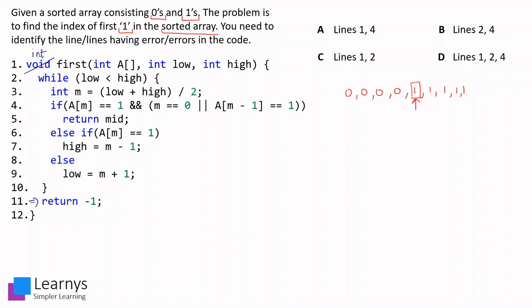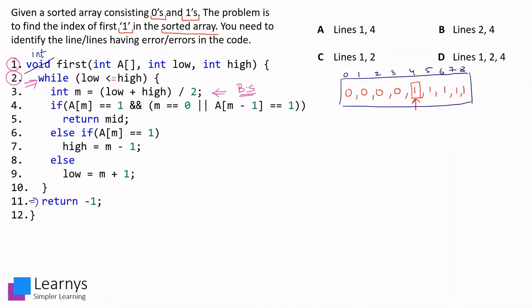Now let us see for logical errors. As we can see over here, they are calculating the middle of the array. So here, binary search algorithm is being employed. First of all, we know that in binary search algorithm, it must work till the lower index is lesser than or even equal to high. So first logical error is in line number 2. So we have found out two errors. One, the syntax error in line number 1 and second is a logical error in line number 2.